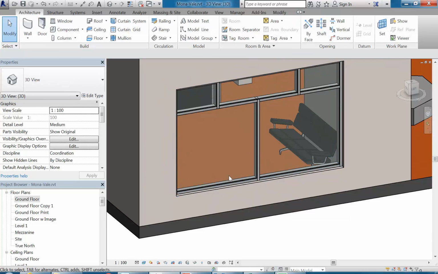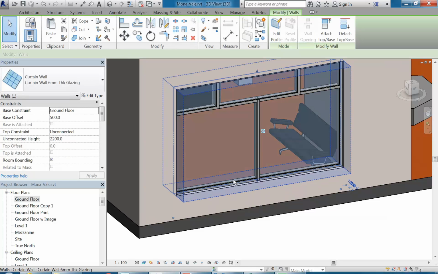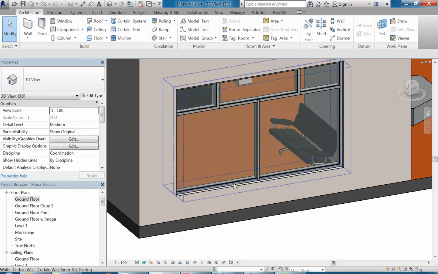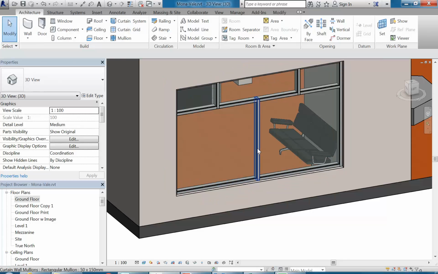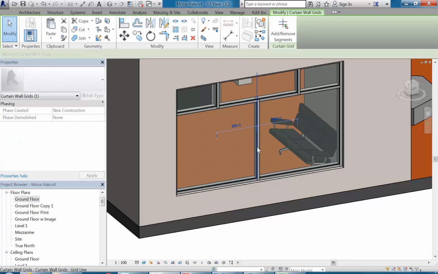So if I click on the edge there, it's probably going to select the whole wall, but you might get just part of it. So I can get the mullion, that's the mullion, or possibly even the grid line. But the grid line's going to be harder now because it's under the mullion. So you can use tab to cycle through all the different elements, and there you can see now by using tab it's highlighted my grid line, and I can still select that